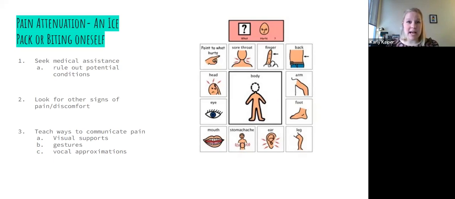Might be helpful to go to the doctor, especially if you are financially able, have them rule out any potential medical condition. Look for those signs of discomfort, and then maybe teach some helpful ways for your child to identify pain in ways that aren't